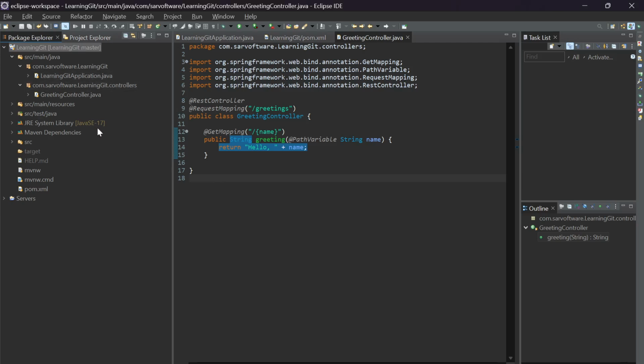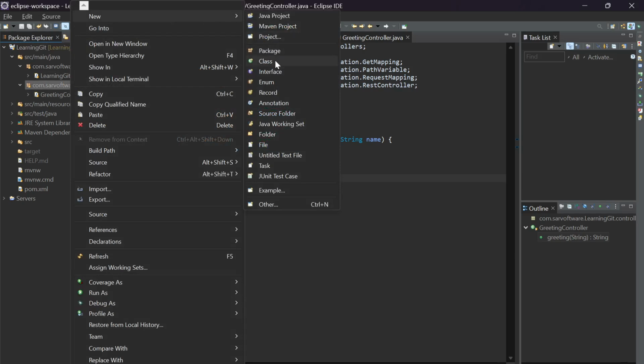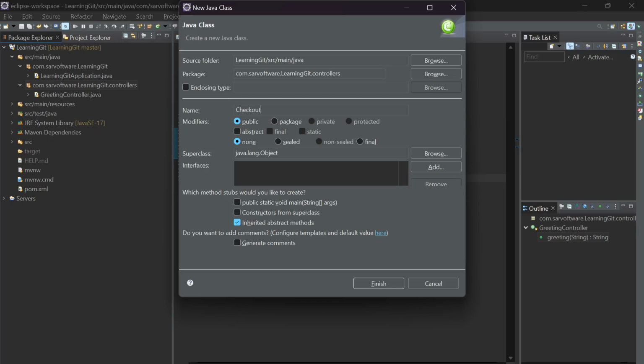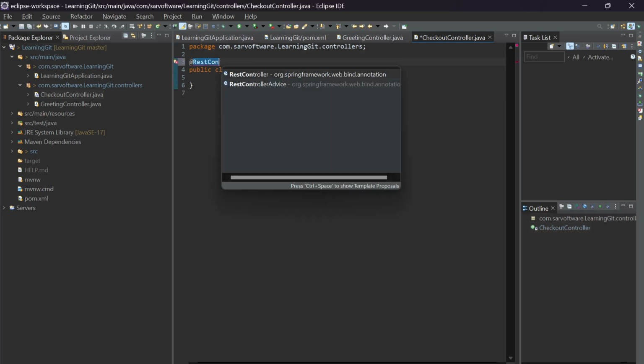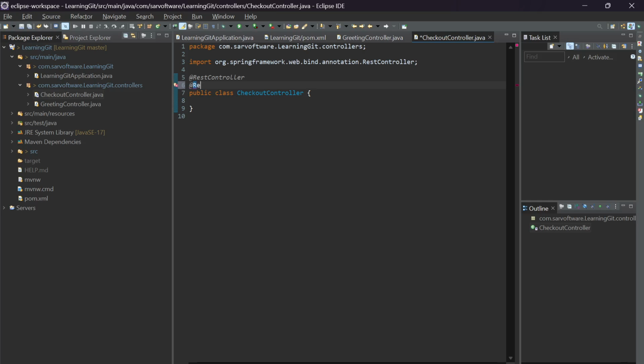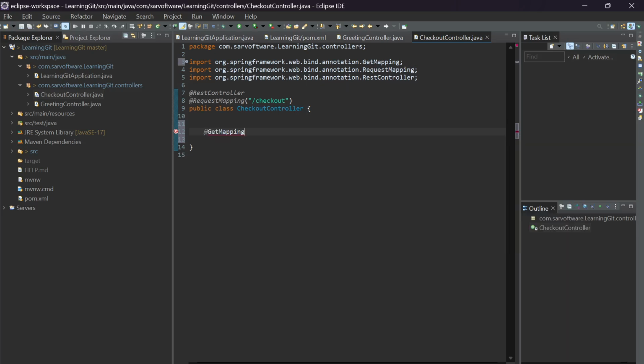create some more changes. So I'm going to write another class called checkout controller. We have created this. We are going to make it a REST controller. We are going to give a request mapping, and we are going to add here, suppose, checkout. We are going to create a path endpoint. We are also going to get the path variable as name, and we are going to return a string saying